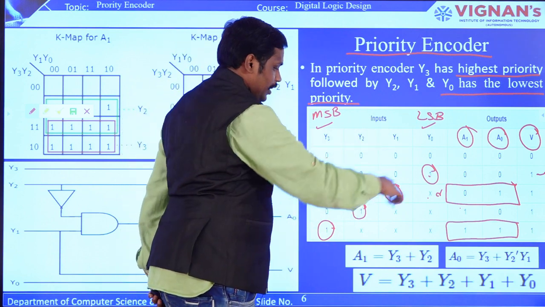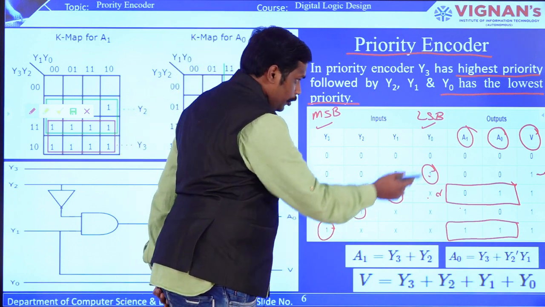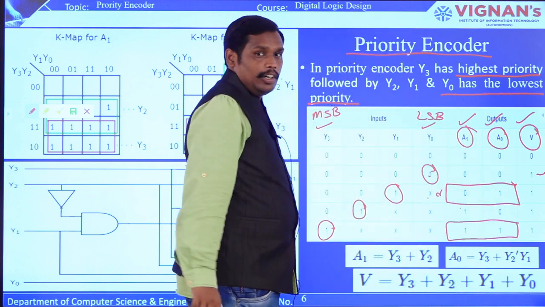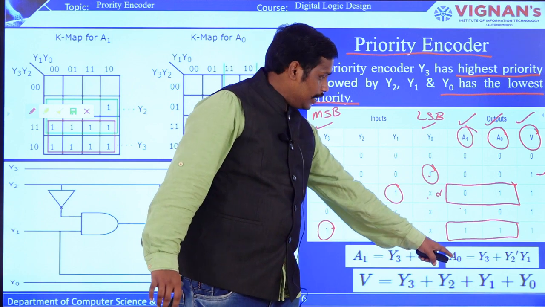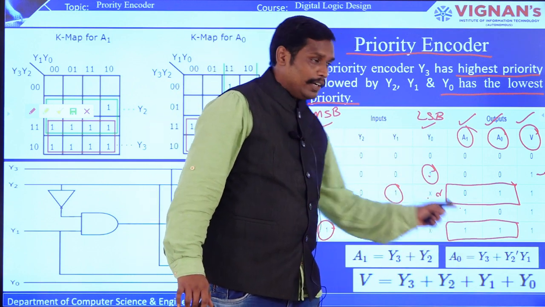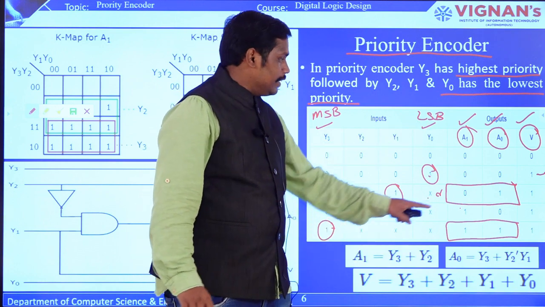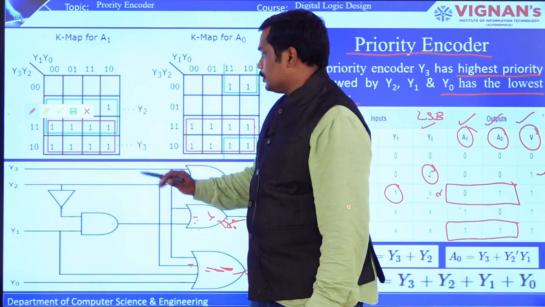In the same way, this truth table is generated, and from the truth table you are going to have the Boolean function for each and every output variable. Okay. So here you take A1, here you take A0, and here you take V. Wherever there is 1, you are going to add it, and wherever there is 1 for A0, you are going to add those particular inputs, and this is how you generate an expression. Based on this, you are going to see a truth table here.